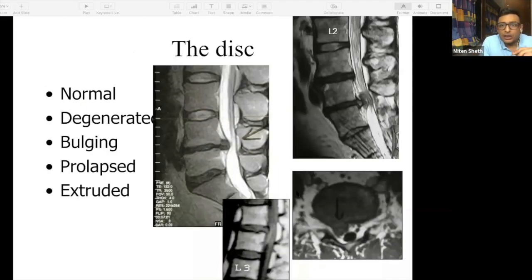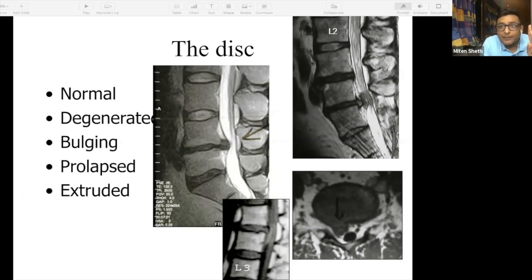Okay, so on an MRI, what you're going to see is this. You'll have multiple discs which are normal, multiple discs which are degenerated, and at some stage you might have a disc which has come out. So that's an extruded disc. Now here you want to see whether the disc is on the right side or the left side, right? So you know now that the patient has back pain, which can be explained by this degenerate disc. You know the patient is having leg pain also.